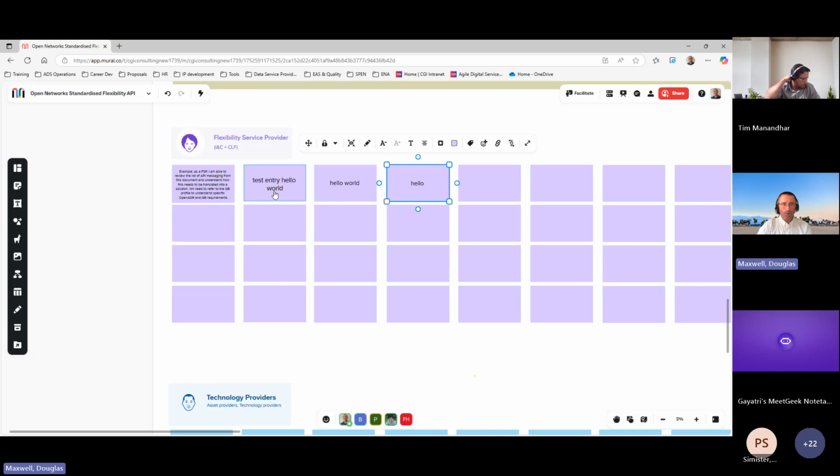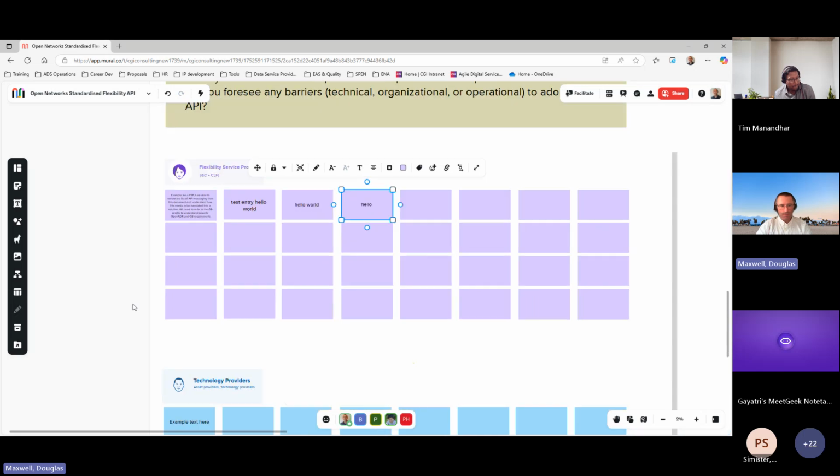Just a quick point, if you see a comment that you agree with, there are voting options on Mural, but it does get a bit complicated quite quickly. So what we're asking is, if you see a comment that you agree with, just put that comment in again, either verbatim or copied, and we'll take it from there. We've tried to keep it as simple as possible. That means we'll recognise that a comment is important by the number of entries.